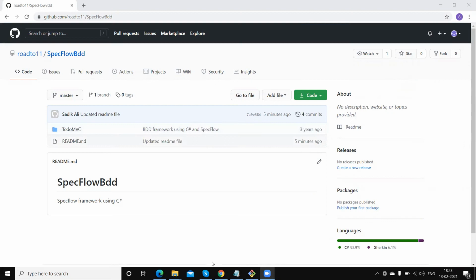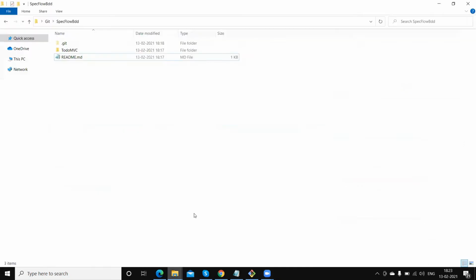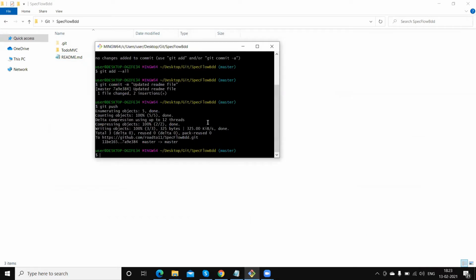So this is my repository. I have already cloned this repository here. Now I am going to make some changes, and then I will push the code into the repository. But first, let me create a branch.